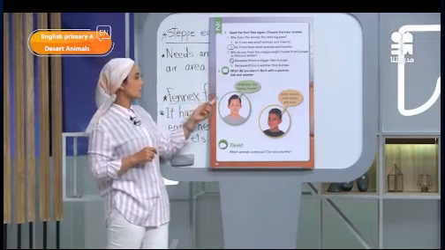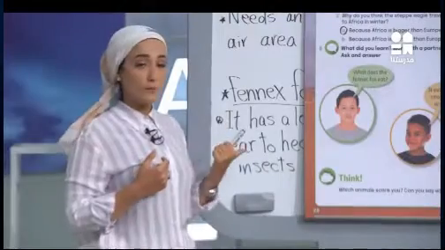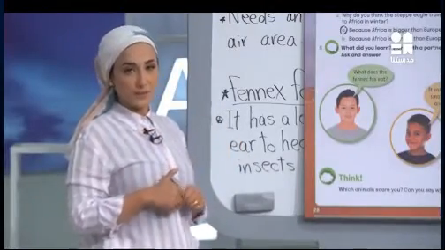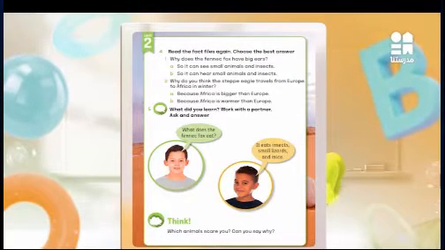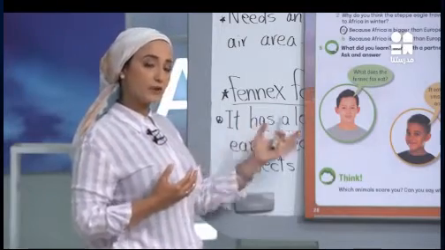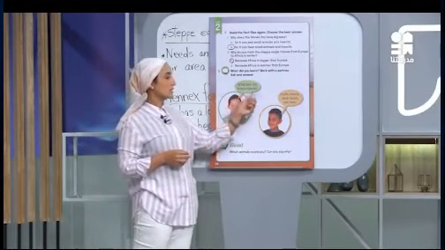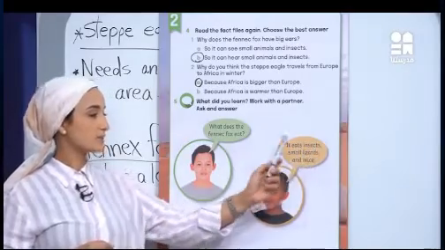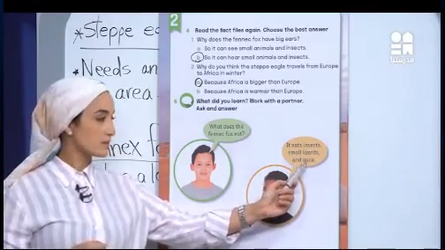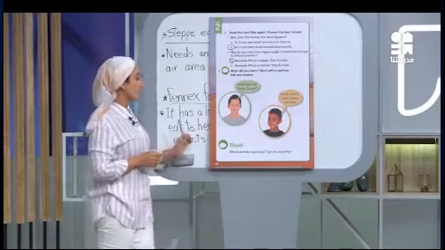Now we are going to turn to exercise 5, and please tell me, what did you learn from the fact files of our animals today? I want you to reread the text and to study it very well in order to answer this. You are going to ask some questions. Yes, we have some words to use in order to find out the answers of this exercise. For example, what does the fennec fox eat? It eats insects, small lizards and mice. This is the favorite food for the fennec fox. Very good. Okay, now